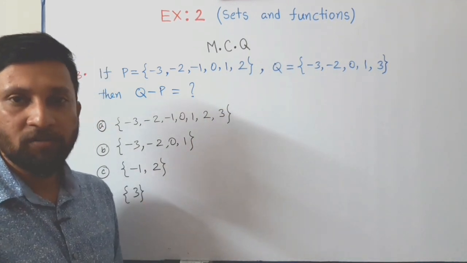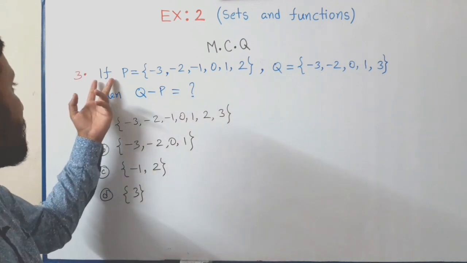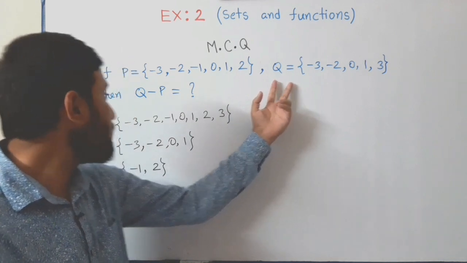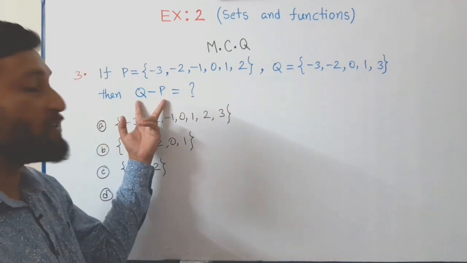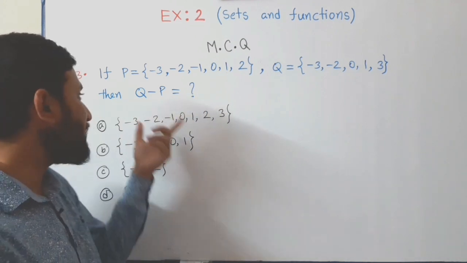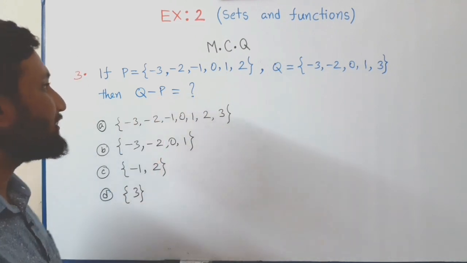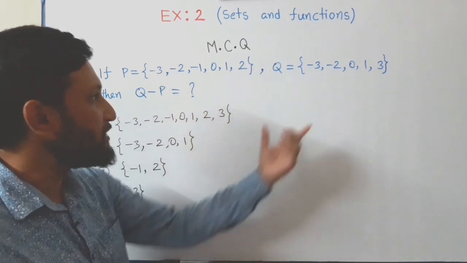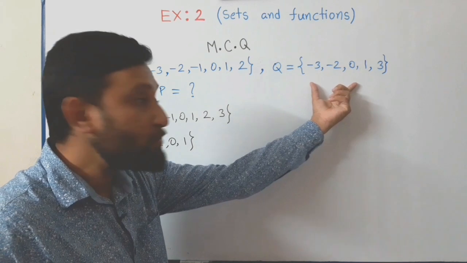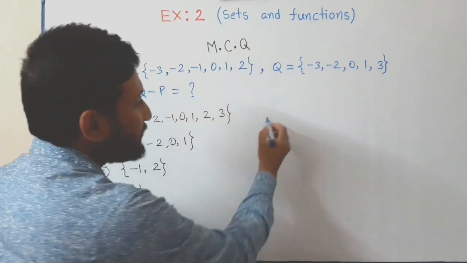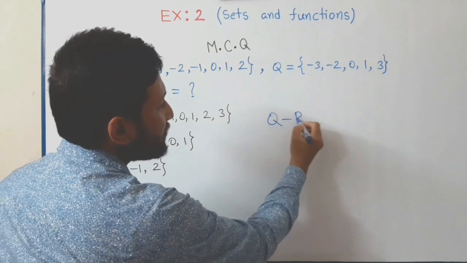Now next question. The question is, if the set P and the set Q are given, then Q minus P, that means Q subtraction of P, equal to what? We have to identify Q subtraction of P. Here two sets are given, P and Q. So Q subtraction of P means from Q we have to subtract the common elements of P. So Q minus P equals...